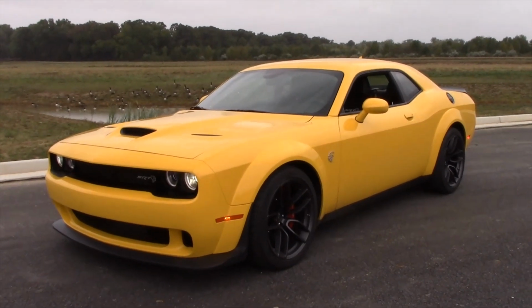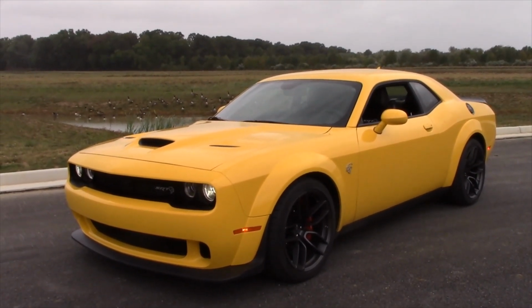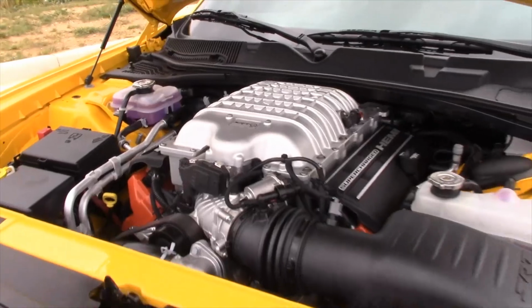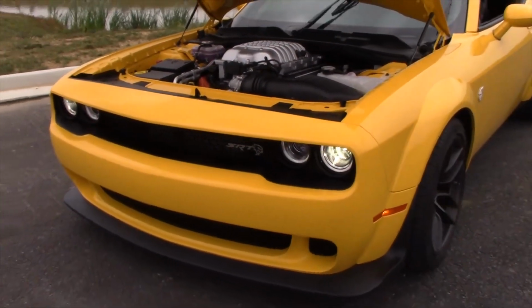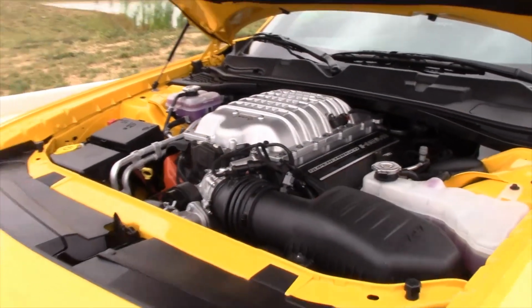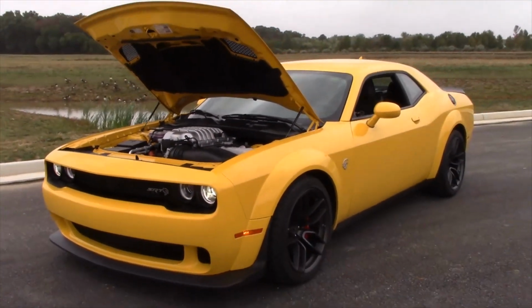It looks awesome and hell fast. Let's find out if it is. Well, this is really what it's all about, isn't it? 6.2 liter supercharged V8. 0 to 60 is the number you care about, right? 3.9 seconds. Man, pretty amazing, pretty quick. But another number you might care about is $63,000. That's what it starts at. But this one, as equipped,